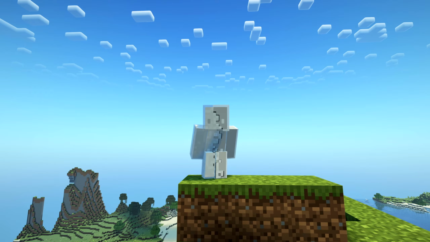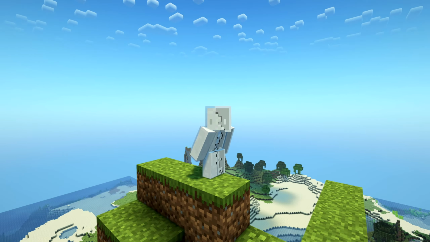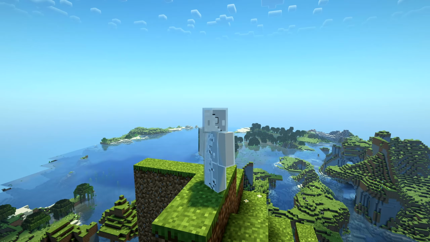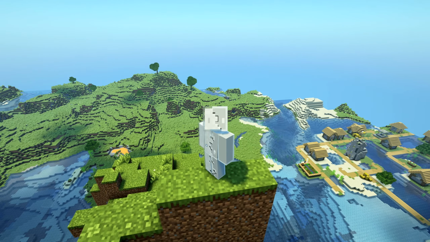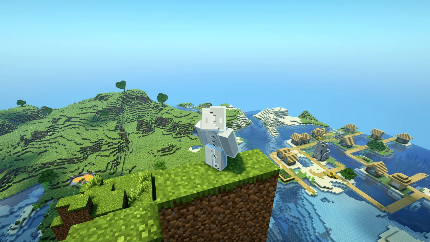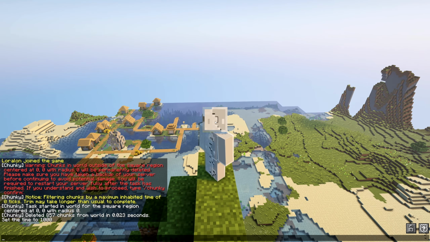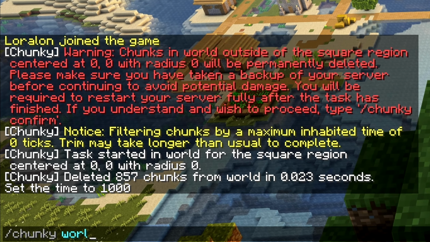Now let's move on to Chunky Border, a companion plugin to Chunky which lets you easily set world borders, and setting a world border is crucial to keeping your server performance under control, especially if you have a limited area you want players to explore, or if you're planning on pre-generating your world. To set a world border using Chunky, we just do basically the same thing as we did before with normal pre-generation steps. You start by doing Chunky, and then you do the world you want to set a world